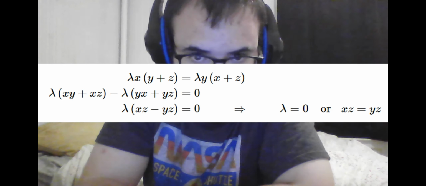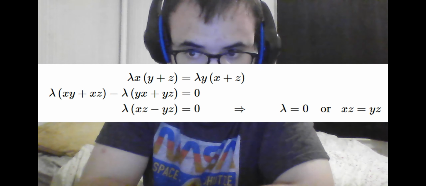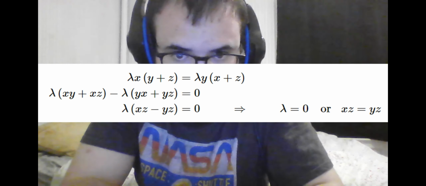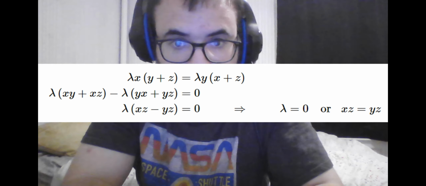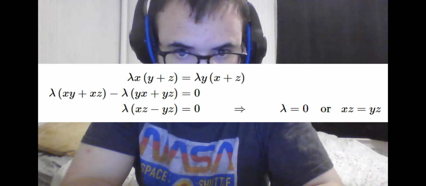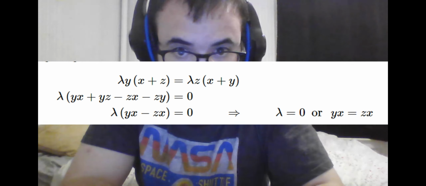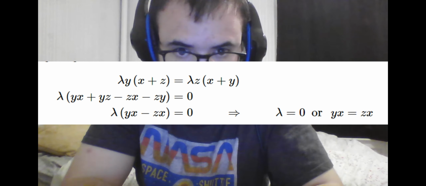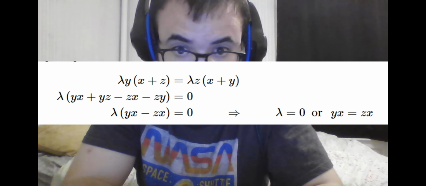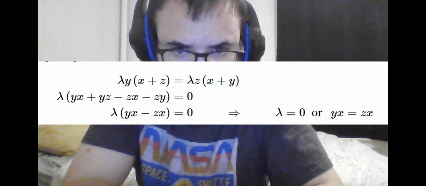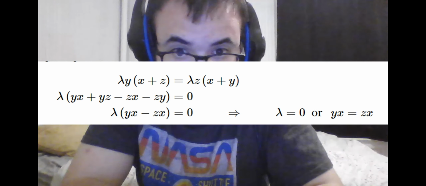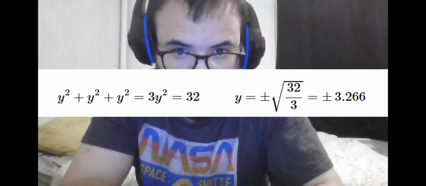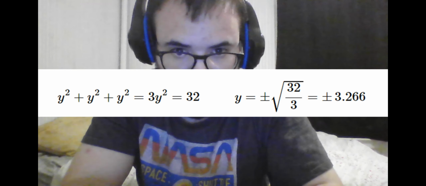By similar reasoning, with the second solution, we can cancel out z, because we know that z cannot be equal to 0, as the box must have some height. So we logically conclude that x must be equal to y, and if we do a similar thought process, but we set the third equation equal to the second equation instead of the first one, we get z equals y. So now we can safely conclude that y squared plus y squared plus y squared equals 32,